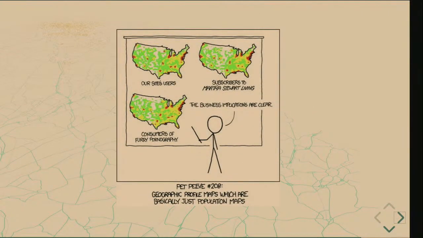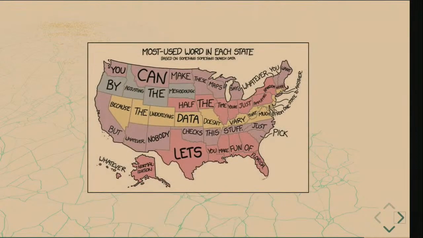And this is also a great example about 3 maps showing 3 different subjects. So the site users, subscribers to Martha Stewart, and then eventually it just says it's geographic maps, which are basically just population maps. Where do people live? Or you see a lot of maps these days that are just based on somebody filling in some nice words on the map. I think these kind of cartoons you see a lot. If you look on Twitter and on Facebook, you see a lot of maps coming by, and check the source and what's really on the map.